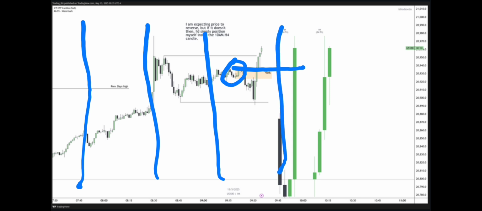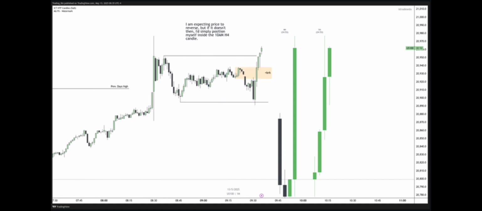So price started manipulating high, its range, then during 9 o'clock AM, it ranged a bit, then manipulated this low, right? Formed a breaker block here, then before expanding higher, right? So the idea here is that we want to position ourselves within the H4 candle, which is what gives us